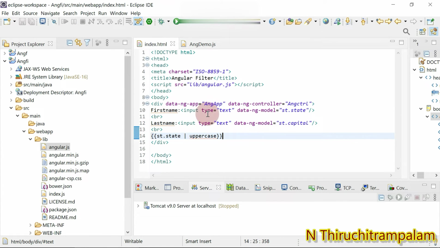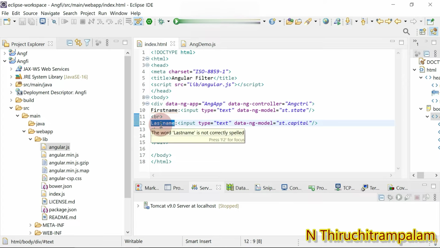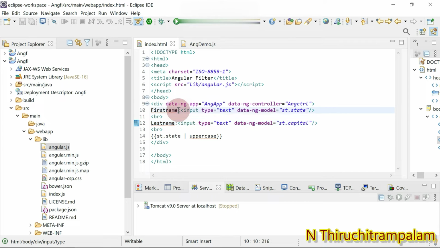I will get the output on the view page. I will get the first name label, a text box to enter the first name, then the last name label and a text box to enter the last name. Instead of first name I am going to give state, and instead of last name I give capital.